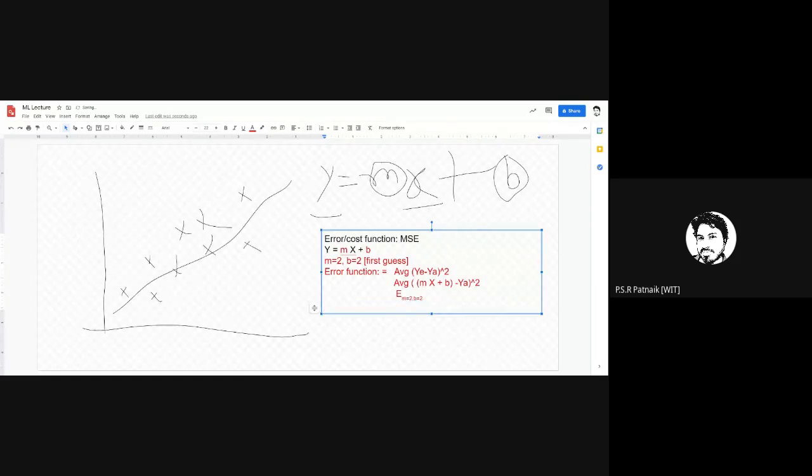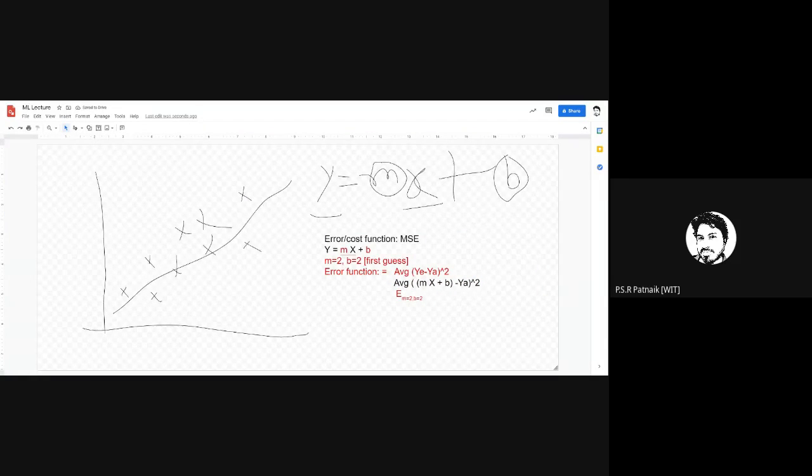So now you get some error, right? You have to reduce this error value to the minimum possible. So you want to find out when this function has the least value. You want to find the values of m and b such that this function will have the least possible value. So here you have to do something called gradient descent. Let me now explain how you do this.